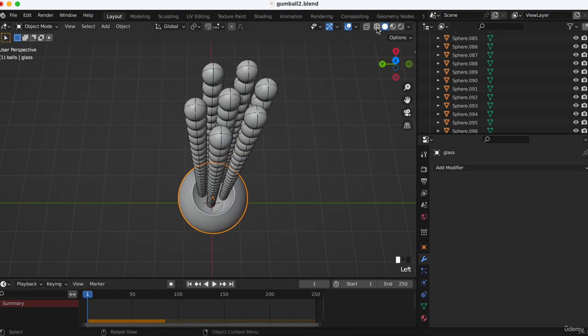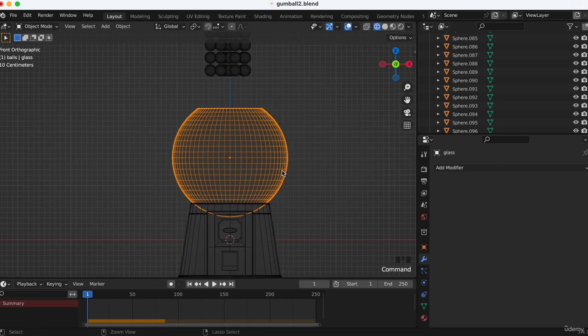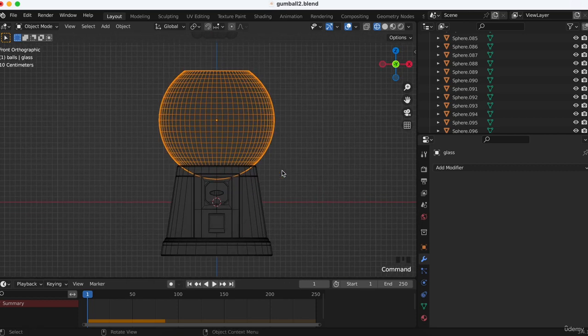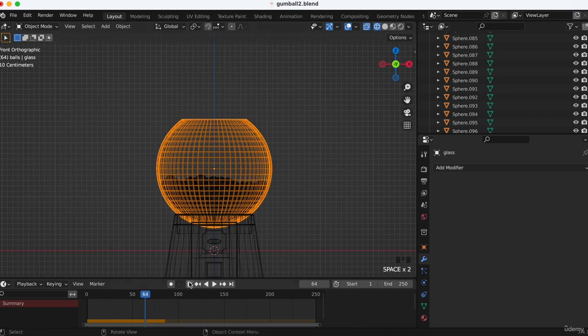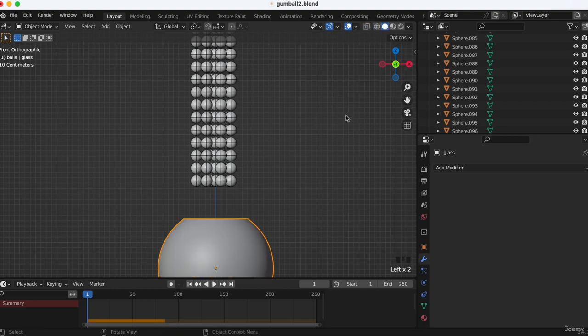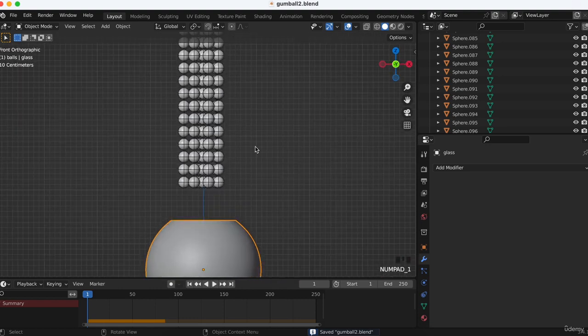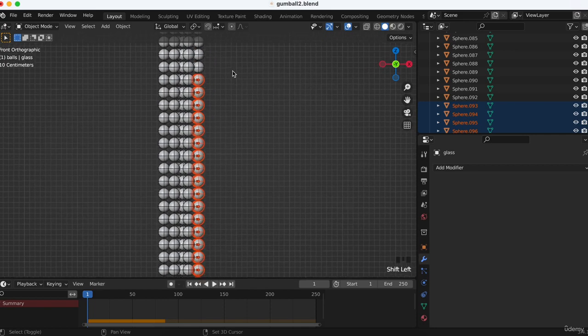To see better, we can go in wireframe, numpad 1, and then spacebar, and also X-ray to see. And it is like this. So if you want more balls, you are just going to duplicate. So we can save. We can take, for example, all of these,